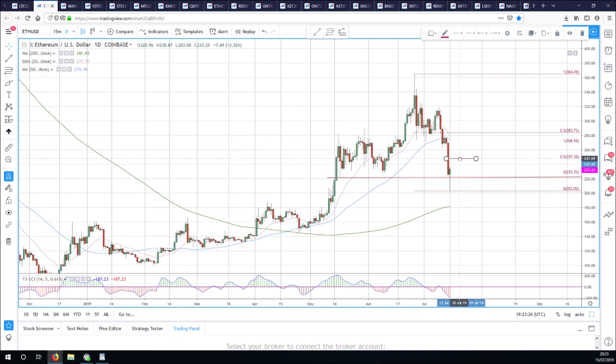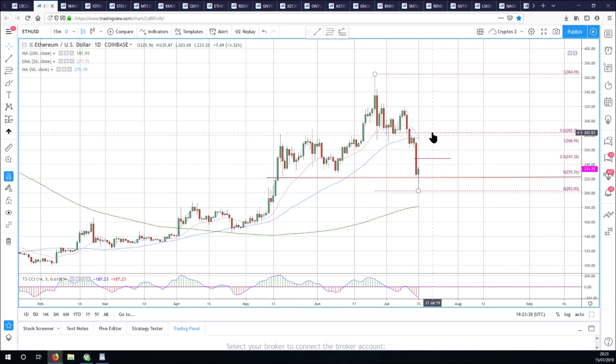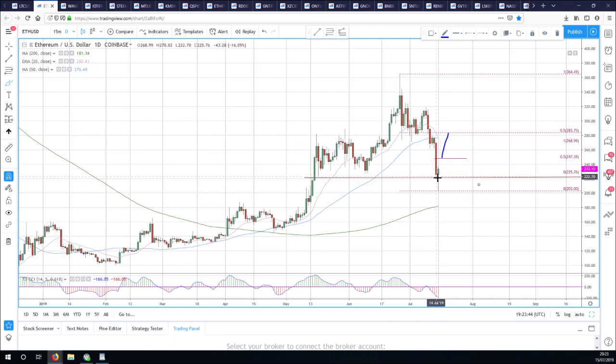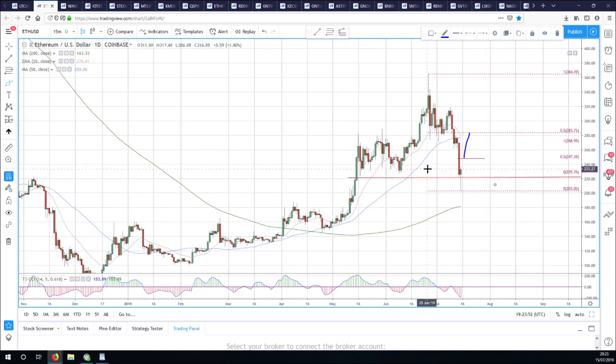Here we go, I'm going to mark 247. Okay, so if we get above 247, our target is 283. So that gives us a pretty nice trade between these two if you're a short-term trader. We should bounce to at least 283.75 in ETH US dollar. So a good save, potentially a false breakdown, looking for some follow through, and 283.75 on the upside, potentially in ETH. And if we did that, we could end up here.